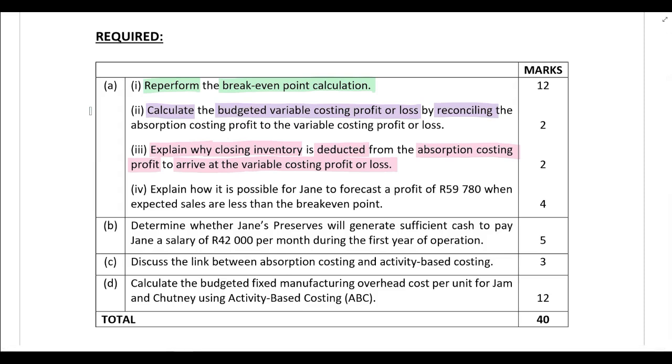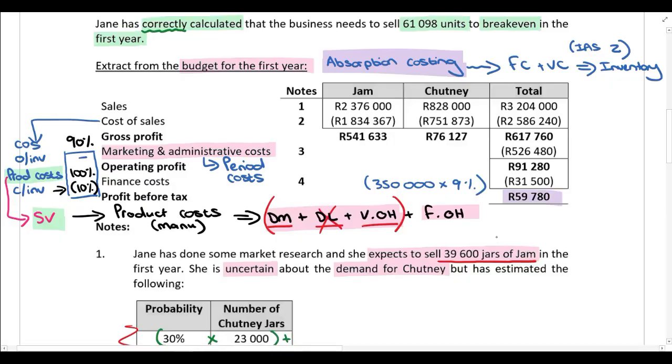Then in part A4, explain how it is possible for Jane to forecast a profit of 59,780 Rand when expected sales are less than the break-even point. All right, so let's just first make sense of the required over here. If you go back to the information provided in the scenario, we can see that Jane is forecasting a profit of